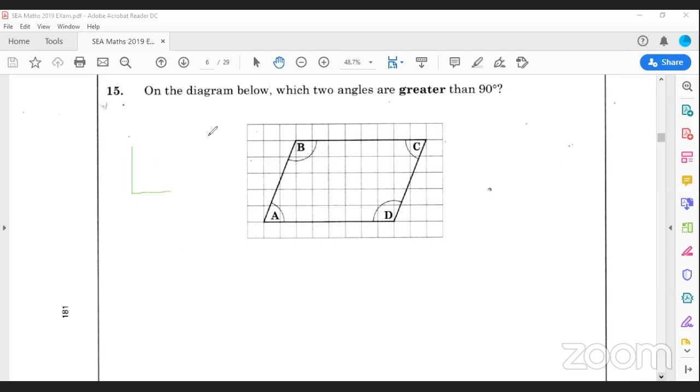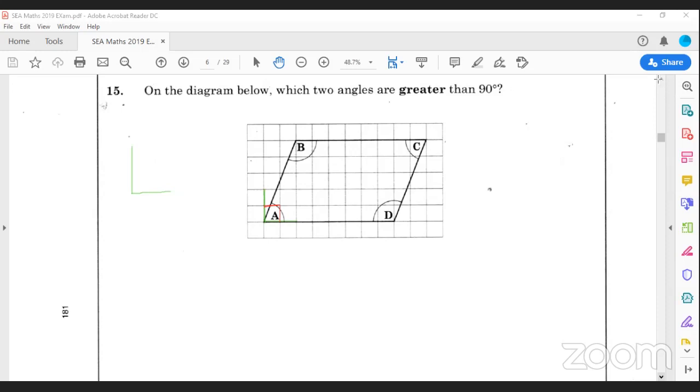So we can draw lines. Let's start with A. I have a line here, a line from here to here. See that? I'm drawing a right angle. Let me write it in red. This entire thing here would represent 90 degrees. But what I can see about A, it's not fully 90 degrees. It's a bit less than 90 degrees. You can see that, yes? So A is